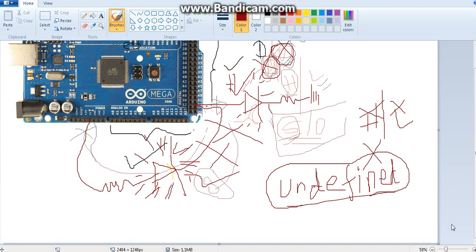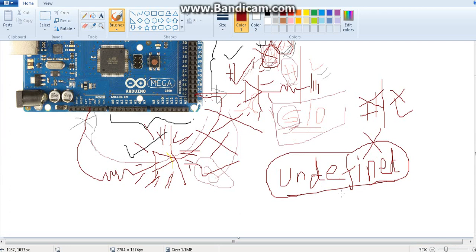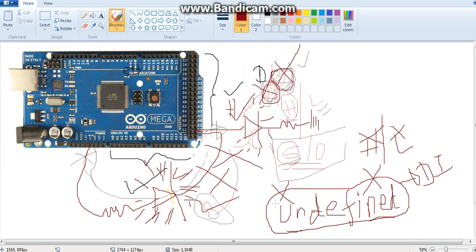So guys, just know there's a rule: we never keep a pin in an undefined state if we want to use it as a digital input pin. Understand? If I am going to use pin number 53 for digital input, the first thing I should do is not keep this pin in an undefined state. So how do we remove the pin from the undefined state? You have to give it one of these states, because if none of the states is there, that means undefined.